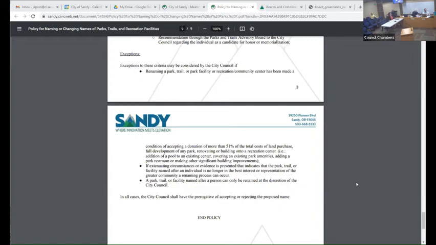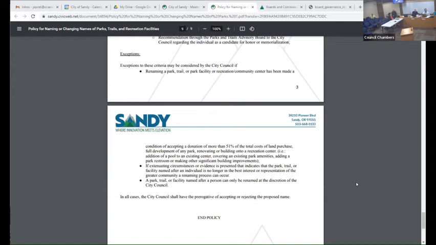That was my question. And then covering an existing park amenity, is that like a shelter? Is that what you mean there? Those, and then, the total cost, it was like 51% of each one of those things. I couldn't tell if it was collectively the whole thing or any one of those things. And so that was a little confusing. So if somebody donates 51% of the total cost of the land purchase, they could have the park named after them.